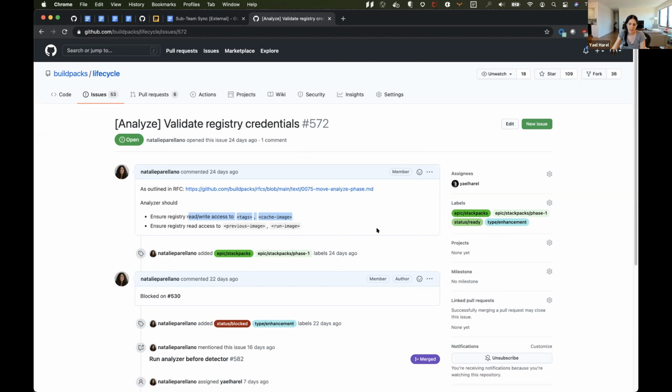Or do you want to edit like, add another issue to track it? Yeah, I was going to say add another issue, so someone can find it if they're experiencing problems today anyway. I agree. Okay, so we'll add another issue and not work on it until after stack packs. No, I think we could put it in. Like if it gets bumped, it gets bumped. But I think it's something that we could put in the milestone.